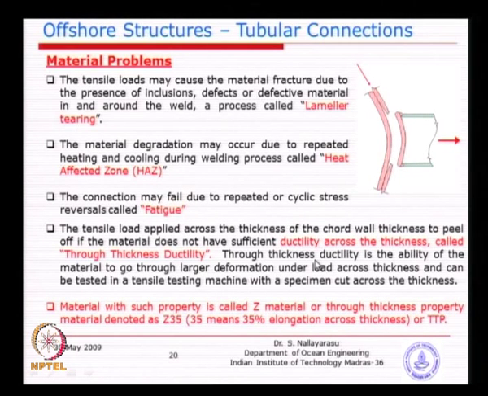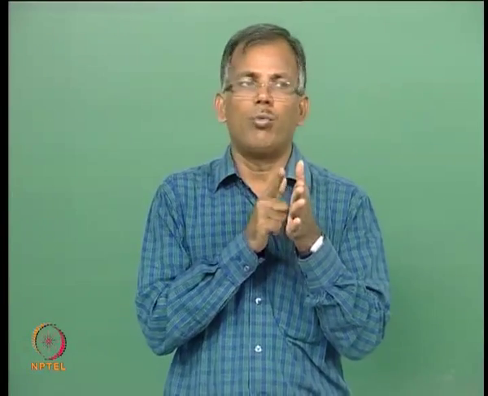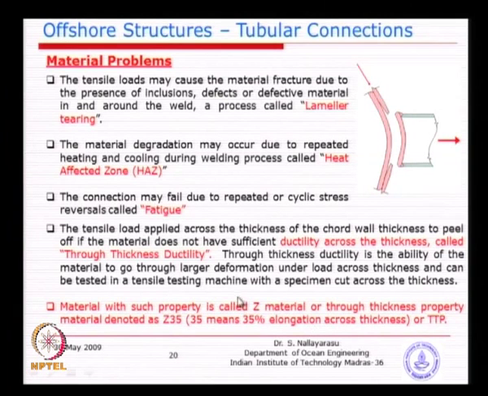Number one, it should be homogeneous across the thickness. I think you understand the word homogeneous: that means there is no impurity or voids or crack within the thickness across. So, when the load is applied, it should not come out. That special material we need to buy, not for everywhere but only for that location, because at the connection we will buy a special material which we call through thickness property. That means the property across the thickness is the same, and when the loading is applied, the grain bonding is such that lamellar tearing will not happen.